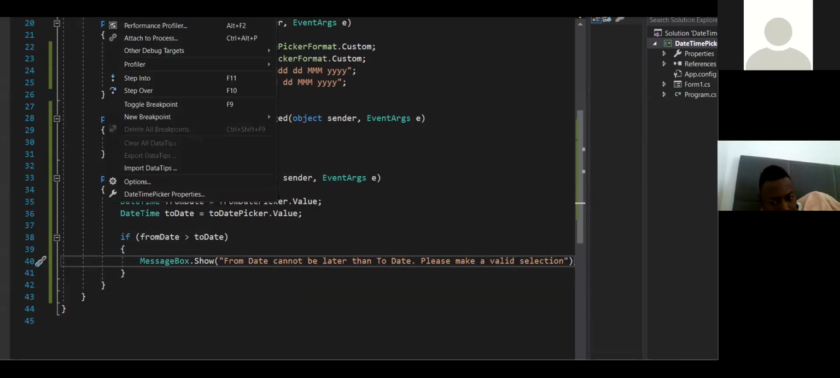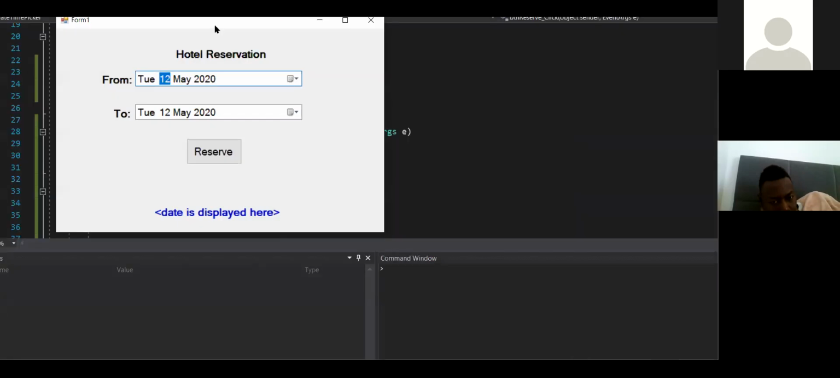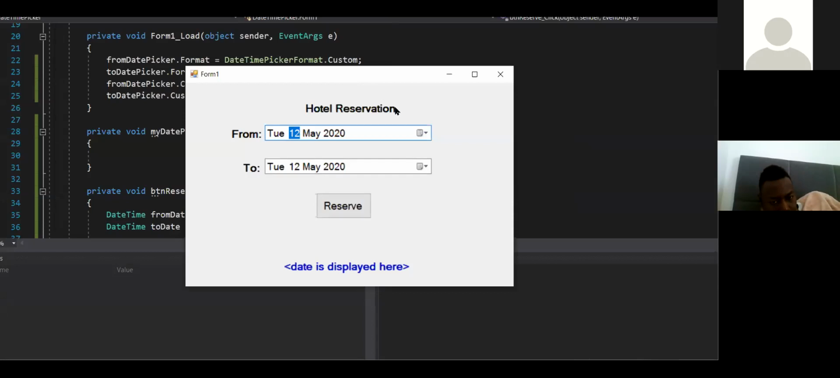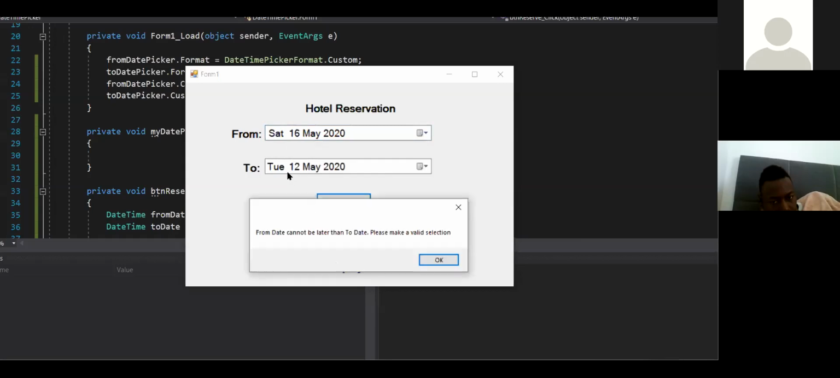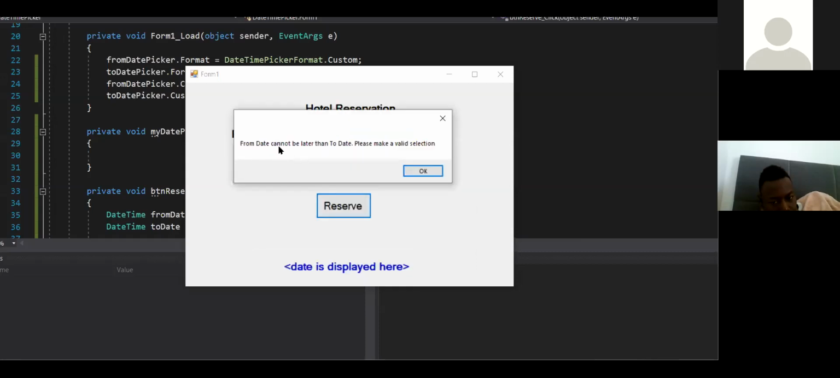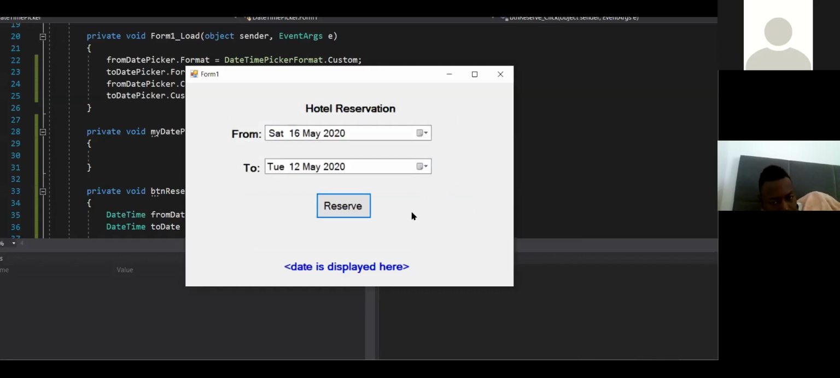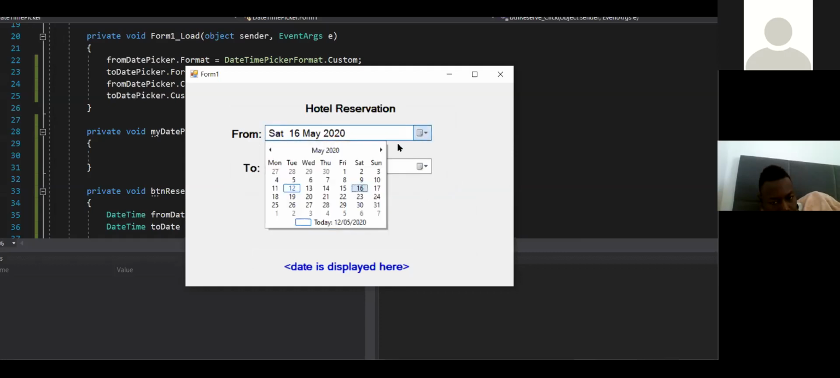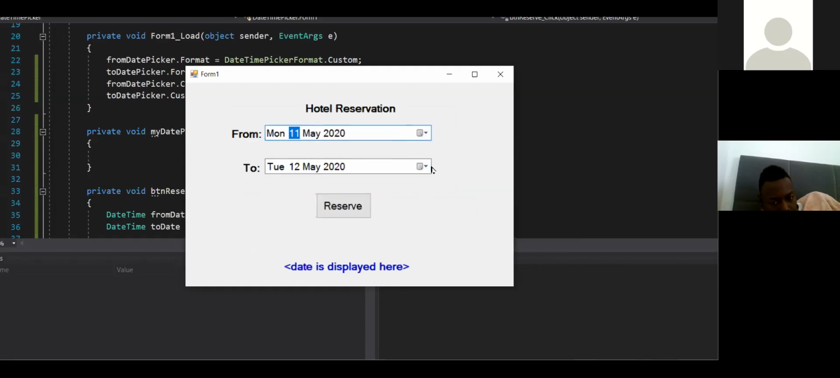So if I try to run this application, let's see how it's going to respond. If I want to do a reservation, and if I'm going to select the from date on 16 and to date on 12, which means that the to date is basically earlier than the from date, because I cannot go back in time, it will say something like from date cannot be later than to date. Please make a valid selection, right? So it doesn't make sense that the from date is greater than the to date. So this has to be less. So it's 11, let's say,